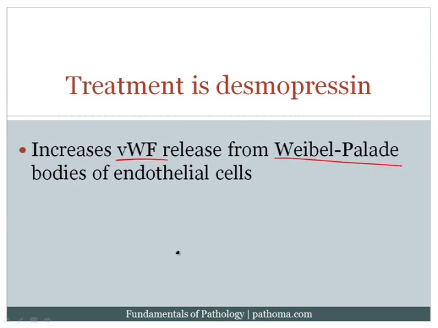Now there's no rocket science here. I've already explained this to you. Remember that the Weibel-Palade bodies are the bodies present in the endothelial cells that you'd see on electron microscopy. I reminded you several times in the past that the W reminds me that they contain von Willebrand's factor, and the P reminds me that they also contain P-selectin, and we talked about P-selectin in the inflammation chapter. So basically here, all you have to remember is that desmopressin induces release of von Willebrand's factor from the Weibel-Palade